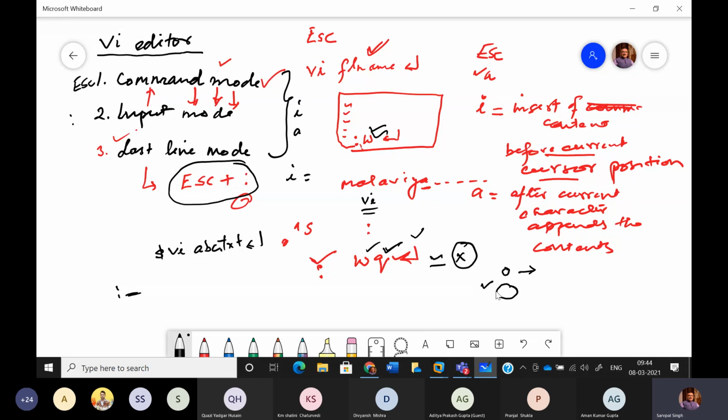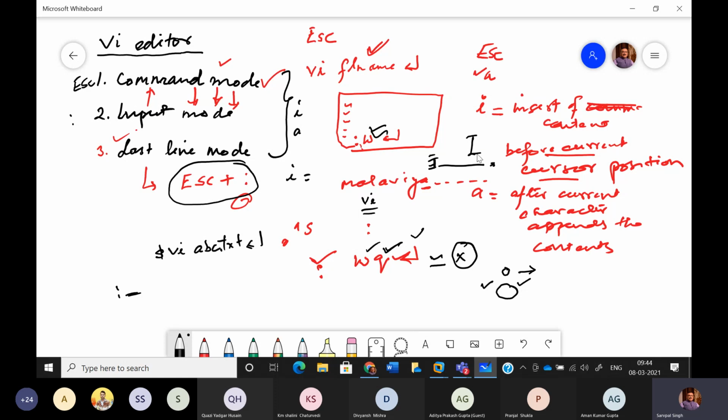The same operation we do with the help of capital O. The only difference is कि where small o is opening a line below the current line, capital O is opening a line above the current line. So again, this is also an operation. Similarly, आप कहीं पे भी हो, अगर आप capital I यूज करते हैं, आप escape मोड में हैं और मतलब कमांड मोड में हैं, और आप लाइन नंबर 1 पे हैं, अगर आप capital I करते हैं, तो इसका मतलब है कि उस लाइन की बिगिनिंग में you wish to insert. तो आप कहीं पे भी हो सकते हैं, you may be at this position, but insertion will start from the beginning.